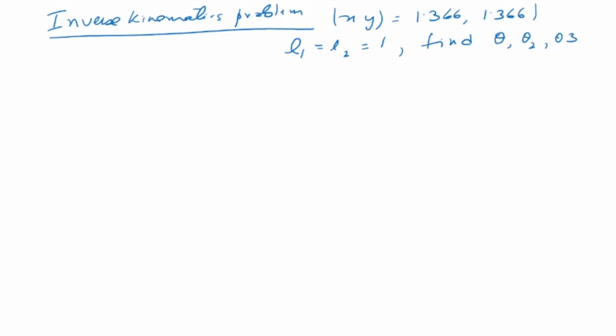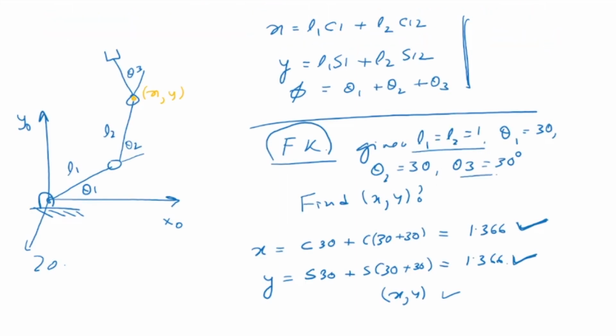Okay, in the previous case we were given theta 3 equal to 30. So what is phi equal to? Phi is equal to theta 1 plus theta 2 plus theta 3, which is equal to 90 degrees. So I can get phi. This is my x3, this is x2 as per DH, and that is x1. The total angle that x3 is making with respect to x0 is given by the total angle, which is 90 degrees.